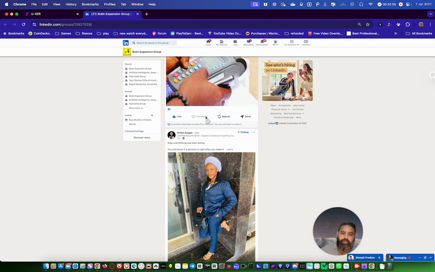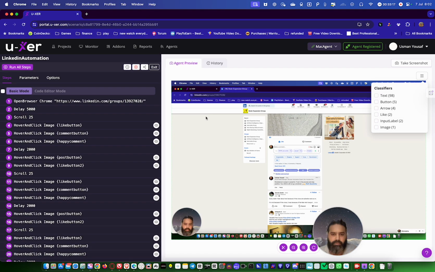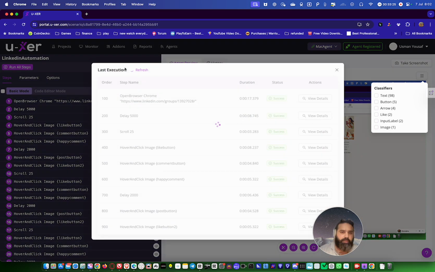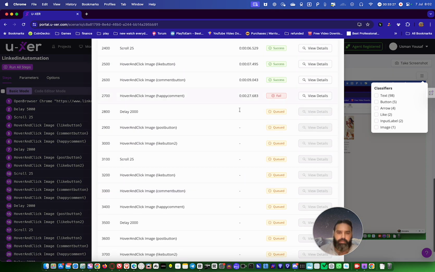So you don't need to worry about this thing. If it happens, it's normal. With time, the user will understand these things, and it will train itself where to click and where to just go ahead. So it will be stuck here until it goes to that closed browser. So I just close it myself, and then I stop the execution. It's already stopped. Last execution. See this? I stopped. It didn't find that.